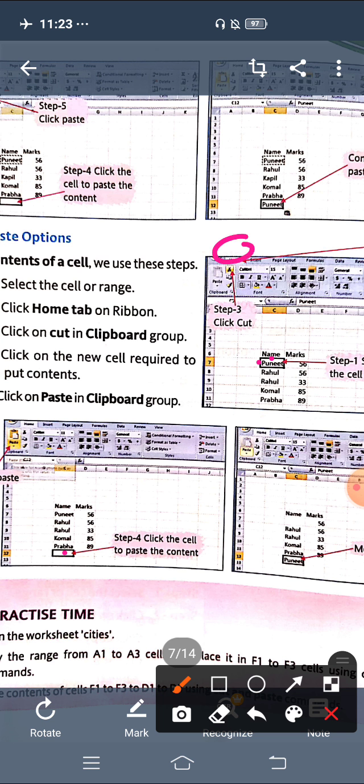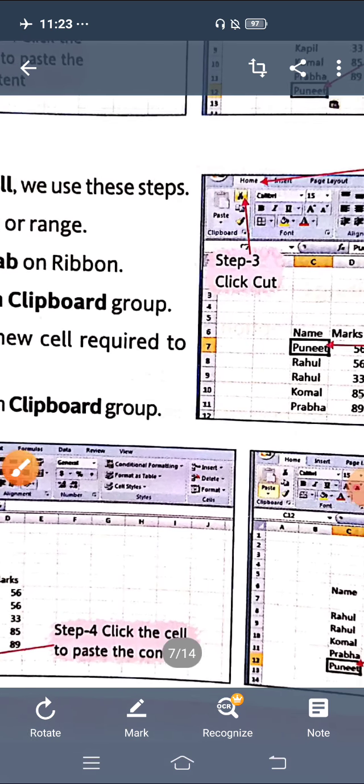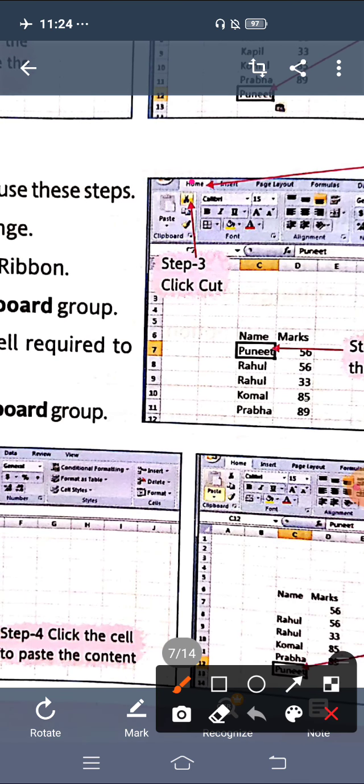After clicking on the Home tab, you can see one cut option, a scissors-like option. You have to click on this option. After clicking here, wherever you want to move the data, I want to move my data to this cell, so I have to click here. After clicking here, I have to click on paste.